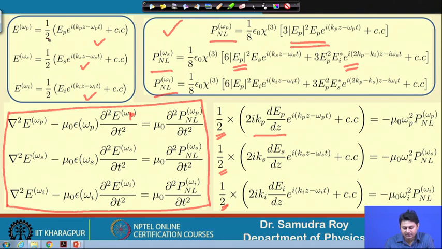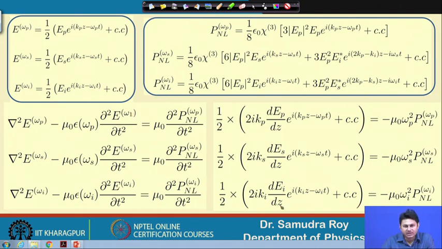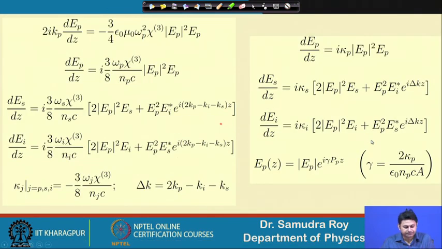And also the P nonlinear terms on the right hand side are the derivative with respect to t of P nonlinear. So, it will be P nonlinear omega with mu 0 omega p square, because when I take a derivative of this quantity, the only thing that will come out is omega p if I take the derivative with respect to t. In this case it is omega s square, and omega i square with a negative sign, in all the cases. So, these are the compact forms of the equations we have. Now we just replace the source term we have here and generate the corresponding field equation.